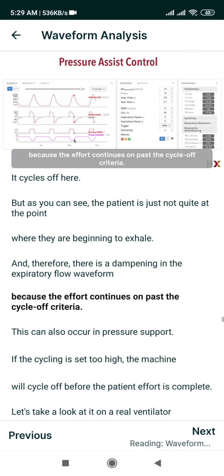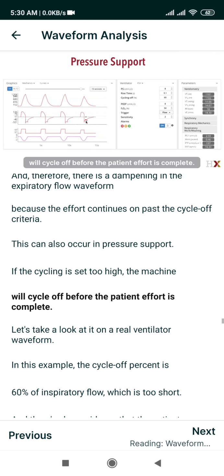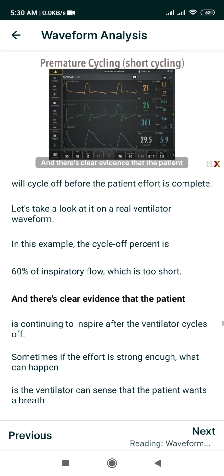If the cycling is set too high, the machine will cycle off before the patient effort is complete. Let's take a look at it on a real ventilator waveform. In this example, the cycle off percent is 60% of inspiratory flow, which is too short, and there's clear evidence that the patient is continuing to inspire after the